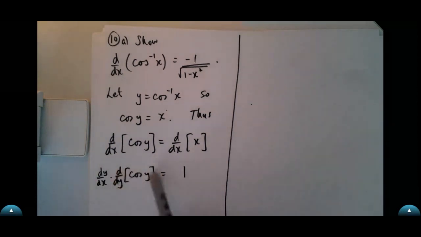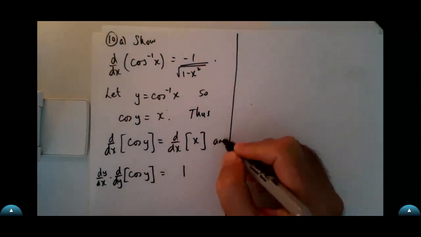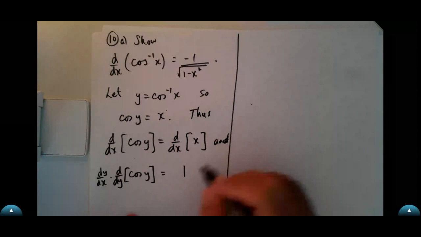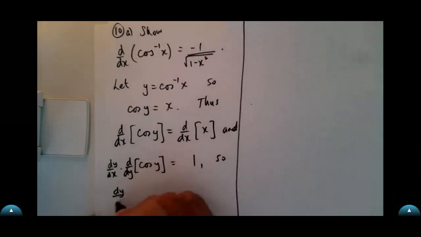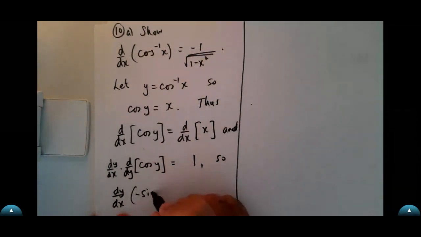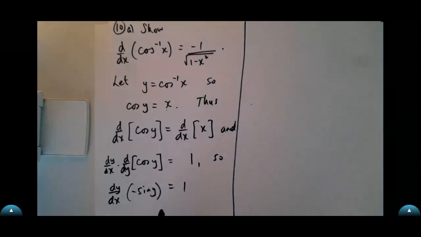What it means is I can now differentiate this, right? If I differentiate cosine y with respect to y, I'm going to get negative sine. So I'm going to have dy dx times negative